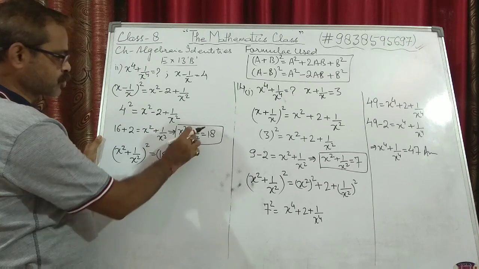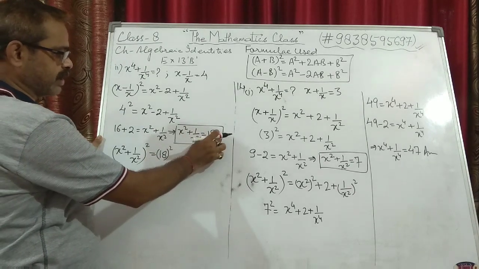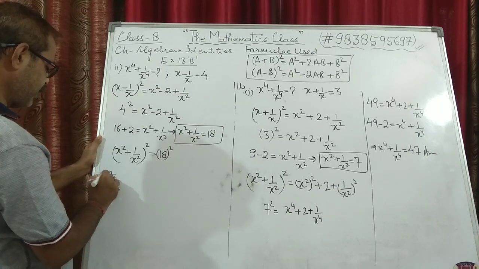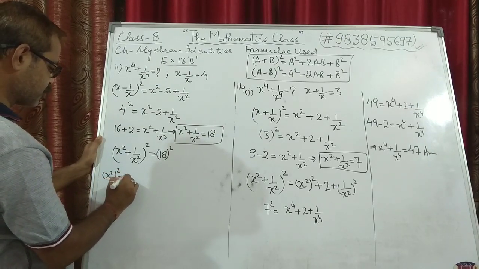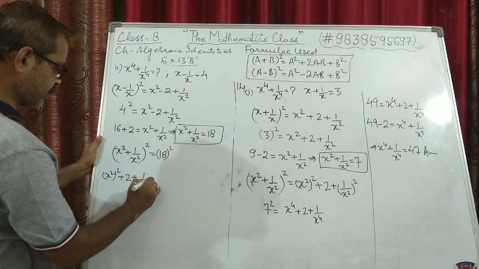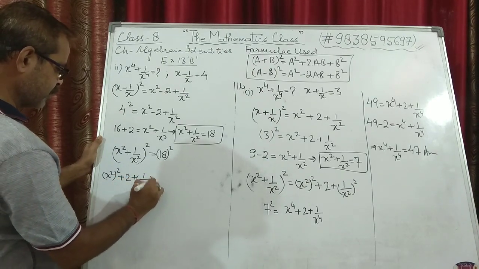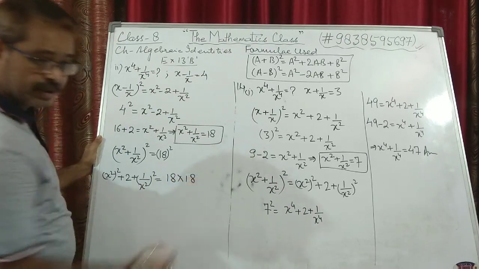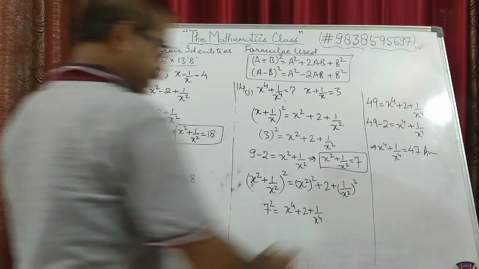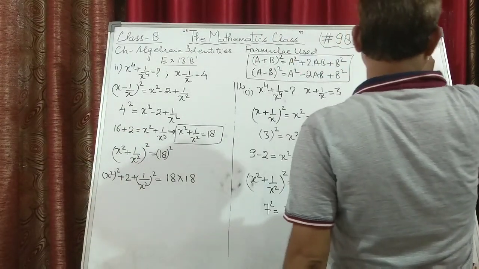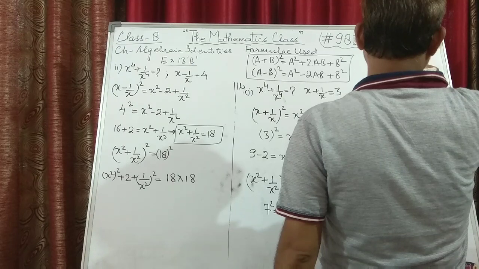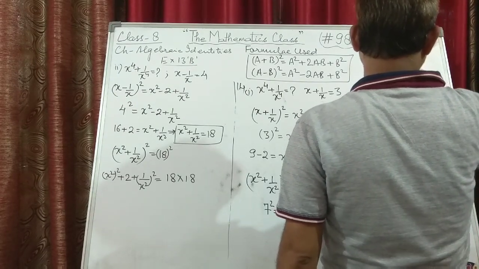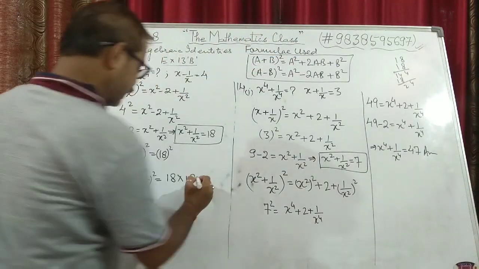Squaring both the sides, this will become whole square and this will become whole square. Now when you open, this will become a square plus 2 plus 1 upon x square, that is b square, is equal to 18 into 18. Let's see what is 18 square. I think 324, but still we need to check. 324. So you will get it as